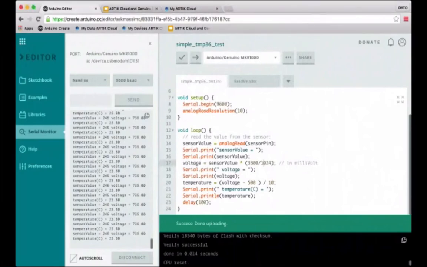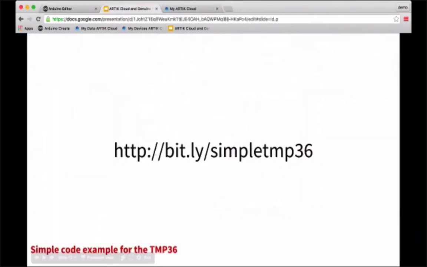So here you can see the code that I was just mentioning. If you clicked on the link I gave you on the presentation before, you have the code in front of you. So this is the screen showing the Arduino with the data coming from the board. So now I want to go back to the presentation